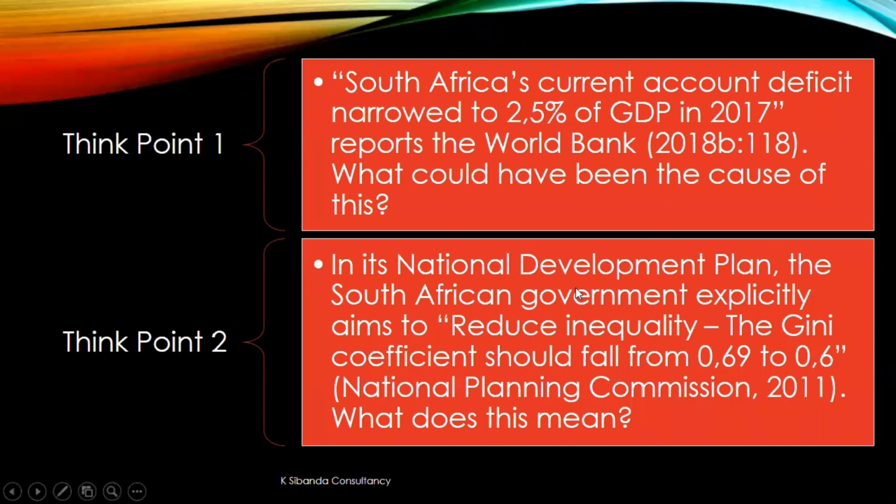And then the government is saying it is aiming at reducing inequality in the whole economy. So it means that they want to look at issues that will make sure that there is equal distribution of income in South Africa, the whole nation, as measured by the Gini coefficient. So these two think points, these two concepts, then give us a picture of macroeconomics, where we need to look at the bigger picture that is presented by